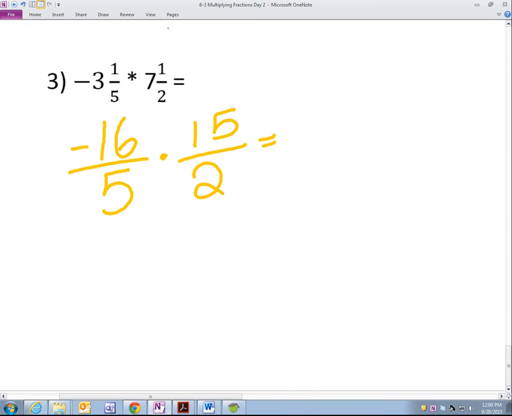So I'm going to reduce this by 2. I'm going to reduce this by 2. I'm going to reduce this by 5. Reduce that by 5. And I have